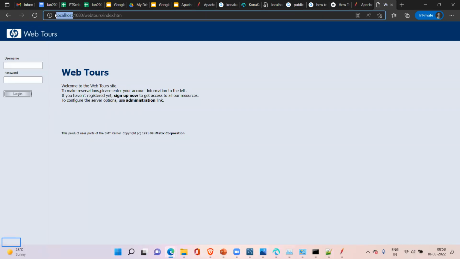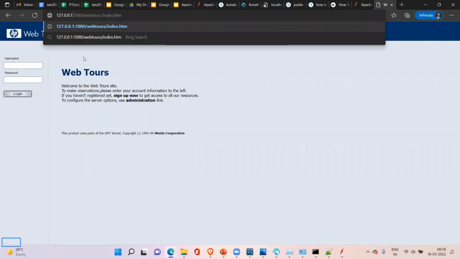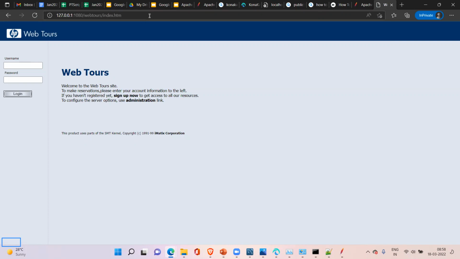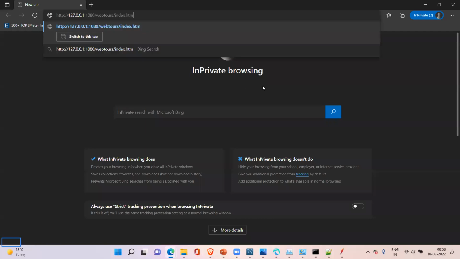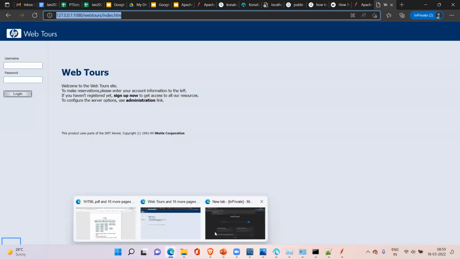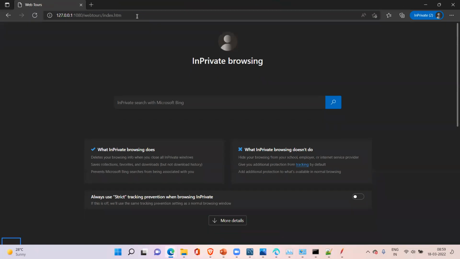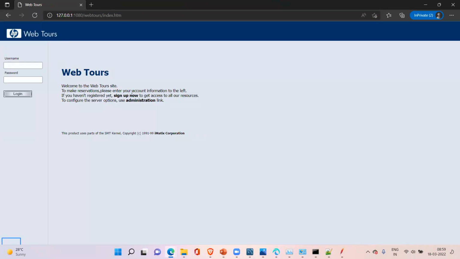Now let me type 127.0.0.1 here and enter. Are we getting that page? The same page. I will do one thing. I am copying the URL, because you may think we got it from the cache, right? No, we did not get it from cache. Just to prove that, I am opening that URL in an incognito browser. Now you got the page, right? Even though we used 127.0.0.1 instead of localhost, we got the page, right? Yes. What does that mean?